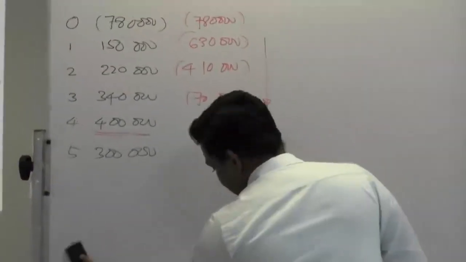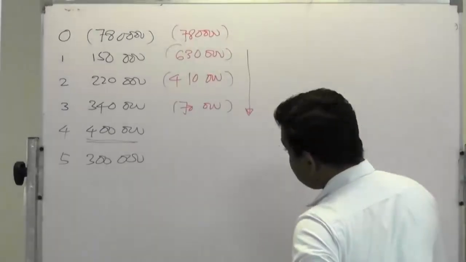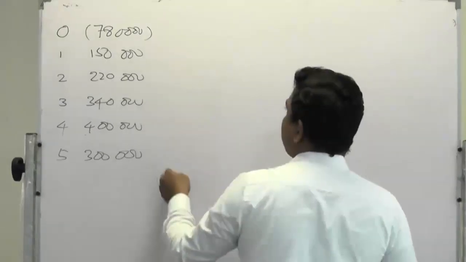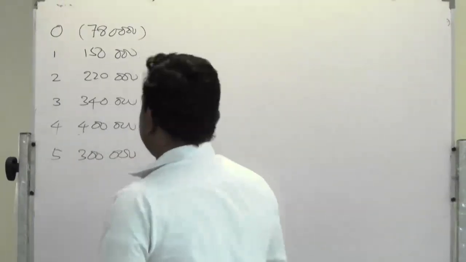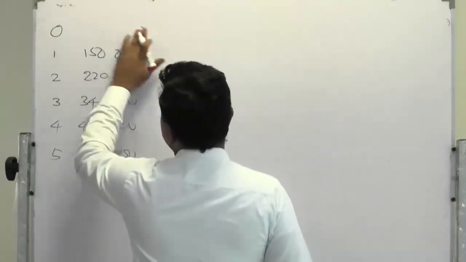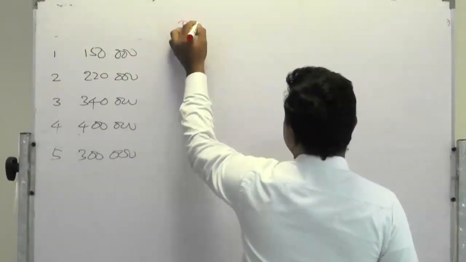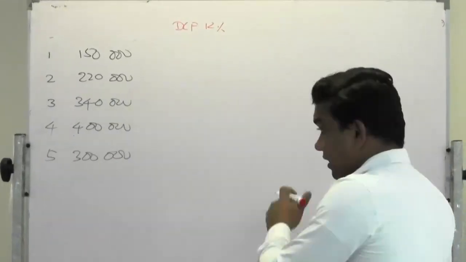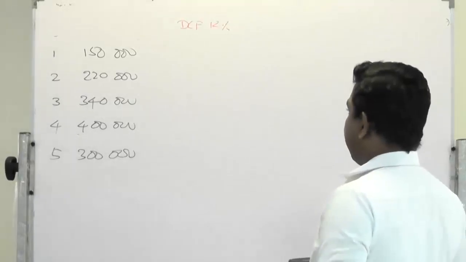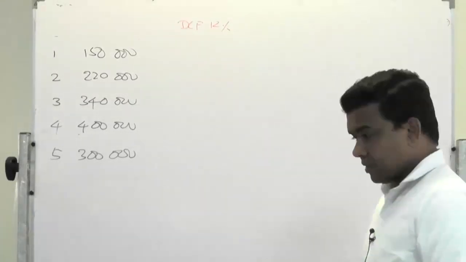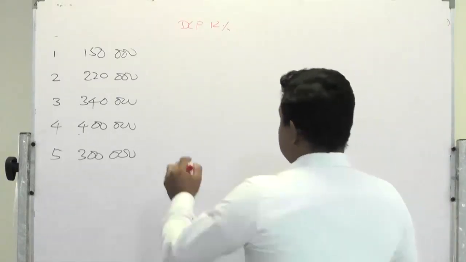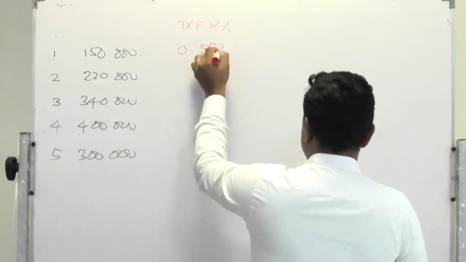Okay, now let's calculate the discounted payback. To calculate discounted payback, we need to have the discounted value of future cash flows. They have mentioned their cost of capital is 12%, so the discounting factor must be set at 12%. Let's take the discounting factors, right? You can use the table given in the exam or use the calculator. Here, 1 divided by 1.12 power 1 is 0.893,